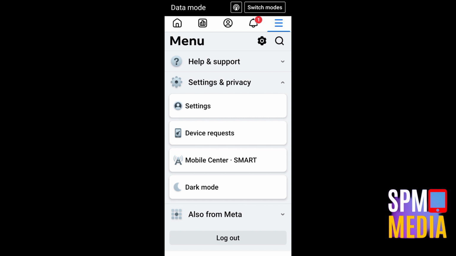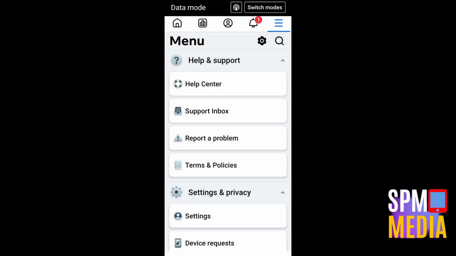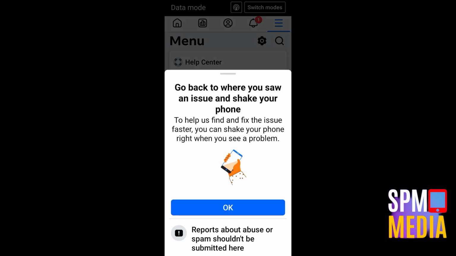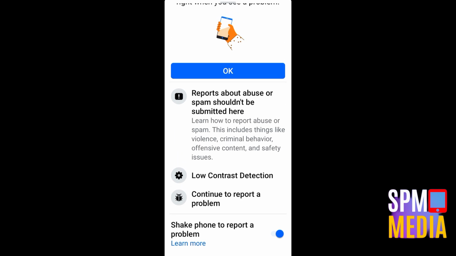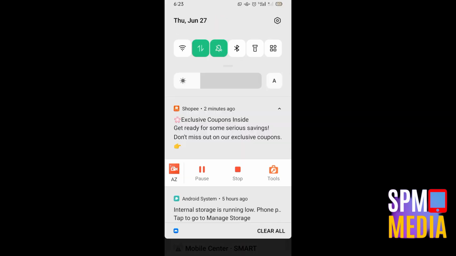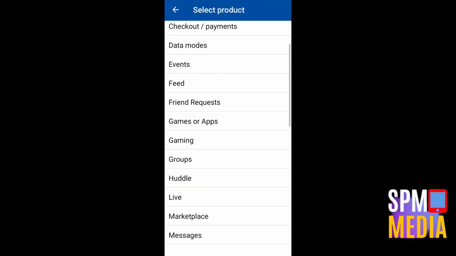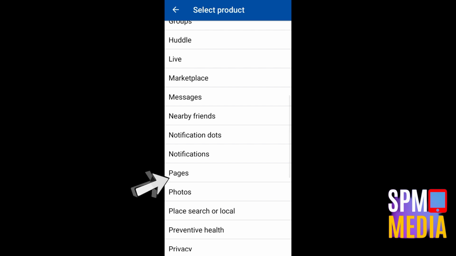However, if not, then go back to your main page or home page, and then click help and support, and then tap report a problem, and then scroll down till you see continue to report a problem. Tap this one, and then after that, click include and continue. You have to wait for a couple of seconds as it is creating a report. Here you have to scroll down and tap include right here. Scroll down again,